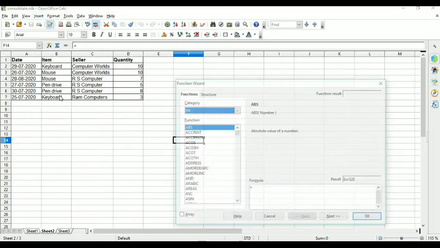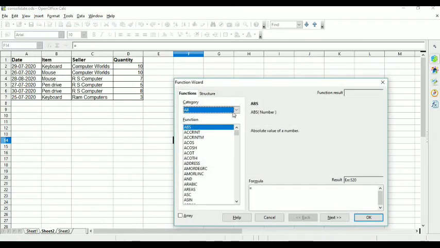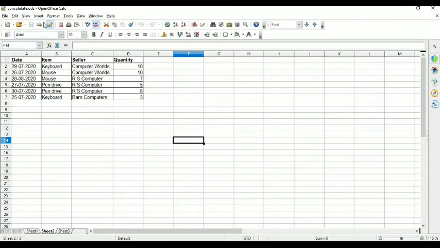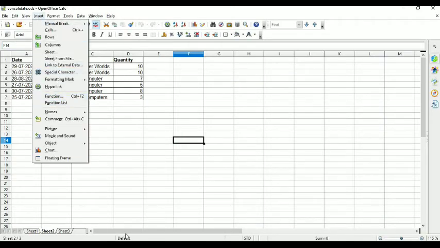Once you select this function, you will get categories like all category. From here you have to select mathematical. From the mathematical functions, you will see there is an option called subtotal. So the subtotal option is also available under the function wizard dialog box, that is in insert then function. Once you click on insert, you will get the menu, and from there you have to select function.